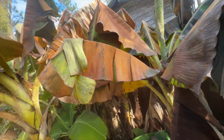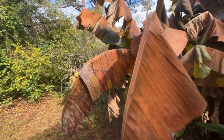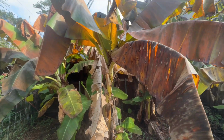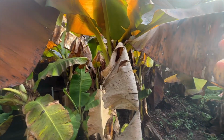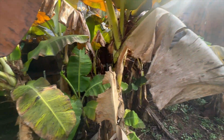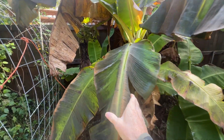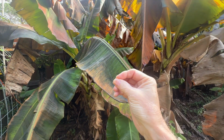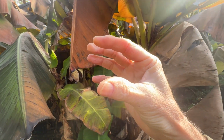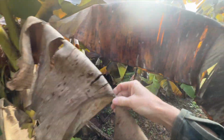And really, to understand what's going on, we have to go back to basic biology and talk a little bit about plant cells versus animal cells. Plant cells, as you may remember, actually have a sturdy wall around the inside of the cells, and that protects them. However, when freezes come, what happens is that inside the plant walls, the liquid freezes and expands, and as that happens, the cell walls burst. And when the cell walls burst,